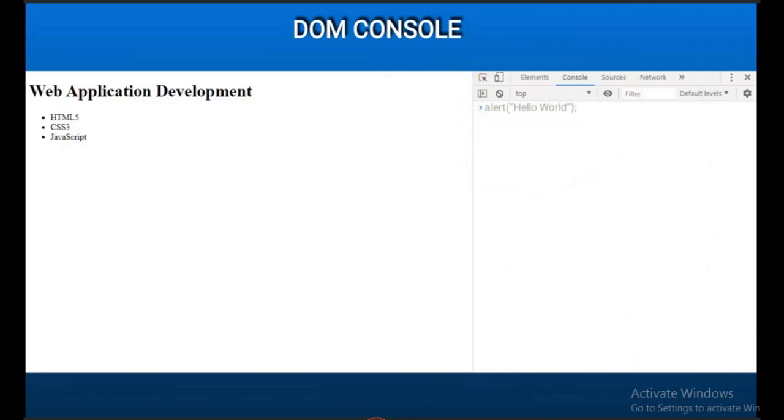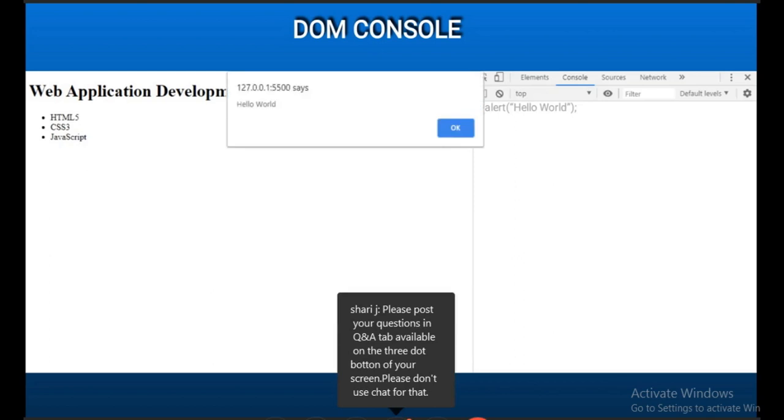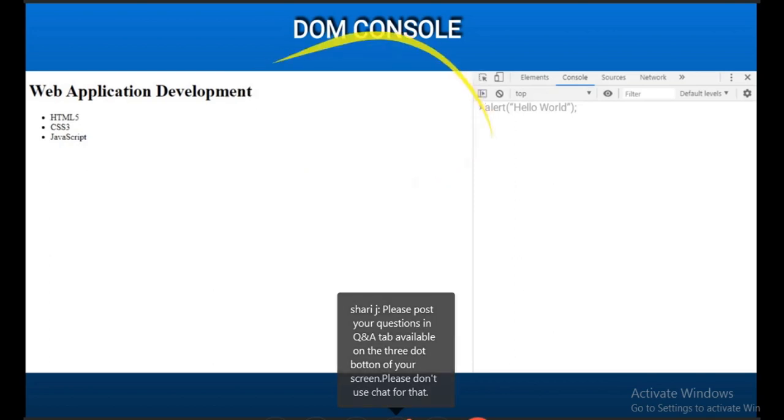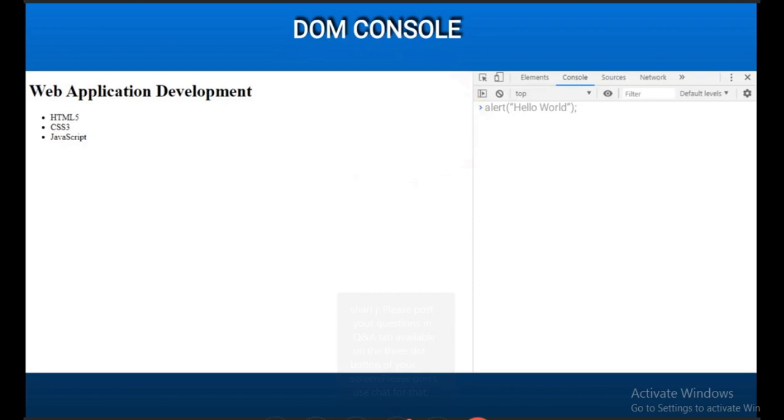Okay, we will see a sample. Here I have typed the command alert hello world. alert is a JavaScript command which prompts a message in the web page. We will look into the result on the corresponding web page. This would be the result: a message is displayed on the screen. So that is alert. This demonstrates that in the developer console we can type JavaScript commands, and those commands will be executed immediately.